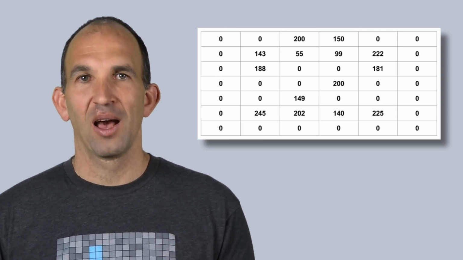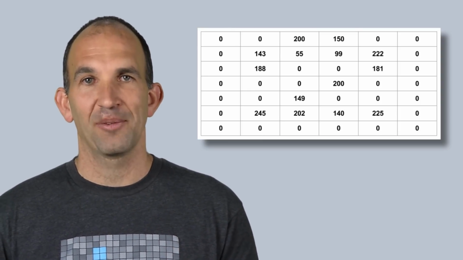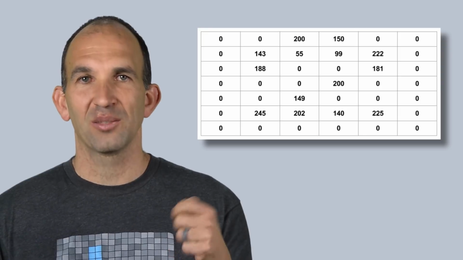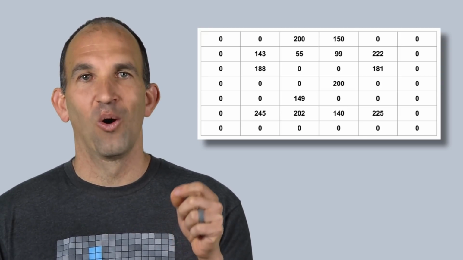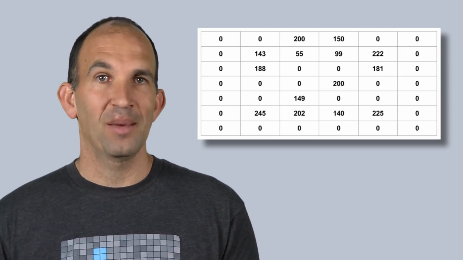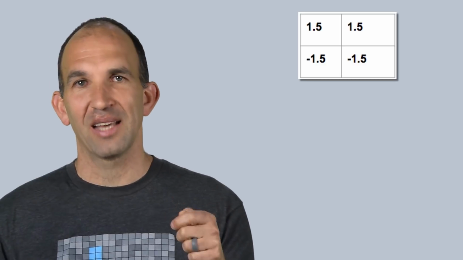Today's deep learning models apply something called convolutions to this type of tensor. A convolution is a small tensor that can be multiplied over little sections of the main image. Here is an example of a convolution. Convolutions are also called filters because depending on the values in that convolutional array, it can pick out specific patterns from the image. I propose that the convolution you see here is a horizontal line detector.